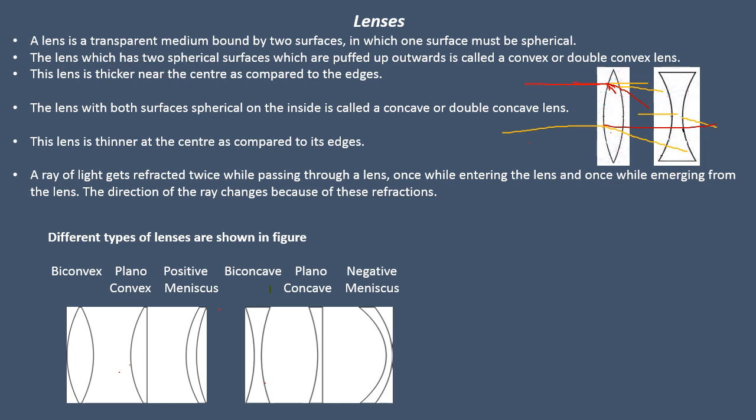Now you can see this positive meniscus and the negative meniscus, which are also called convex concave, and concave convex, correct. This part is not needed in your syllabus right now, so we'll not concentrate much on that. You just remember these names and the diagrams for the correlation questions or the fill-up questions. You may get these shapes and be asked to name them. Objective questions like that are possible, therefore just go through the diagrams and the names properly. Let's move to the next slide.